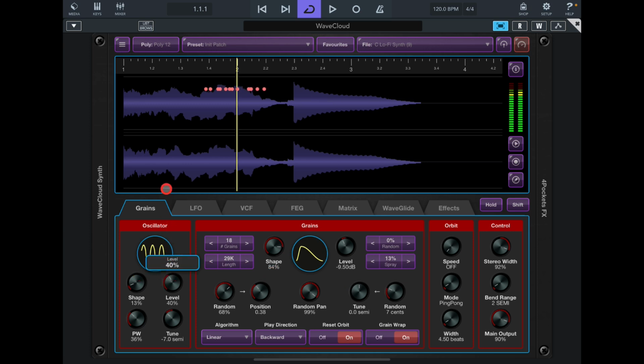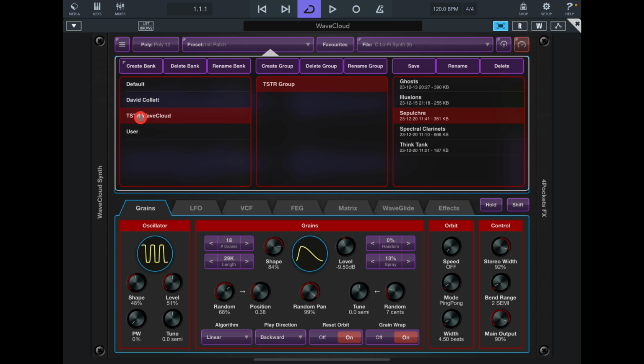Beautiful. Add a bit of synth. All right, so we'll save this patch. Just click on here, choose your folder where you can create a new bank. Create a group. I'm just going to save it in here and I will call this